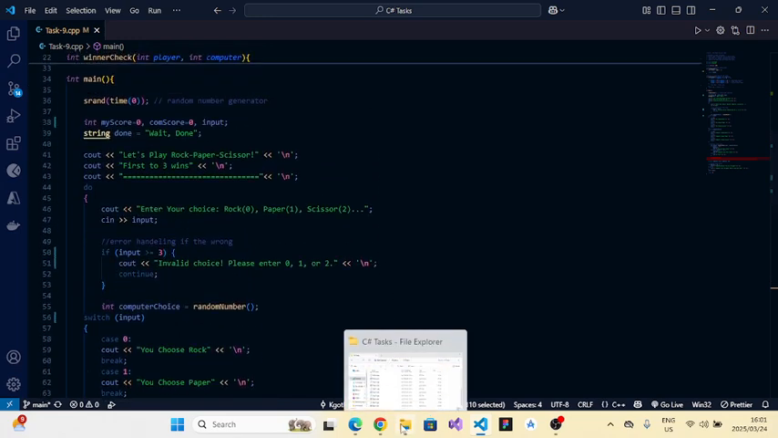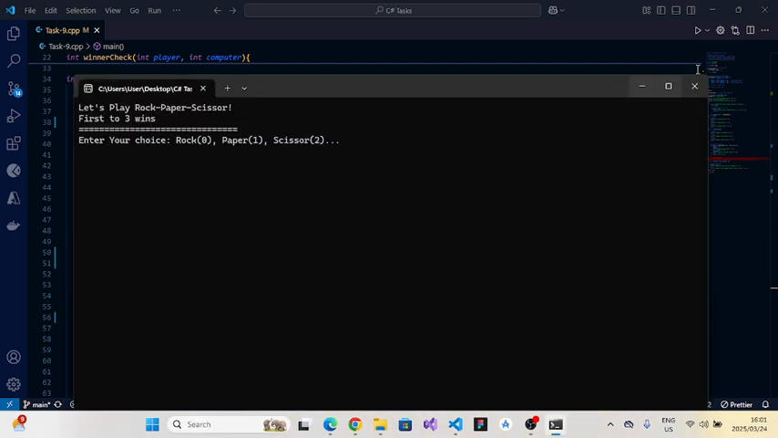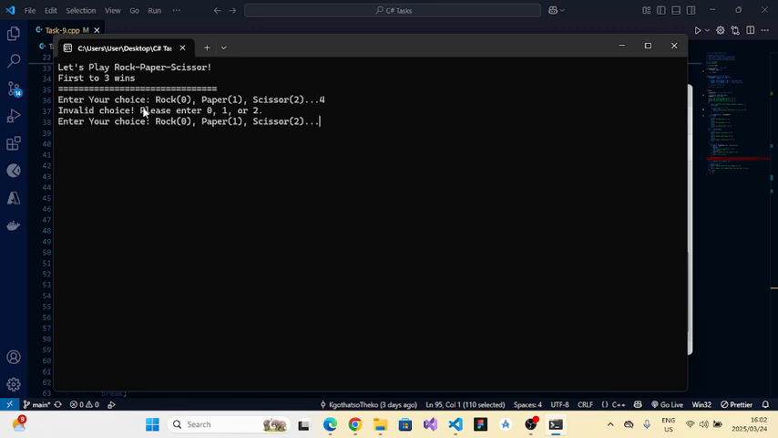To run this program, I'm going to run the executable. I saved, so I'm just going to run it. Here's the program when it starts. We see the message: let's play rock, paper, scissors, first to three wins. If I enter the choice 4, as an example, it says invalid choice, please enter between 0, 1, and 2, with 0 being rock, 1 being paper, 2 being scissors. So if I say 1, paper,